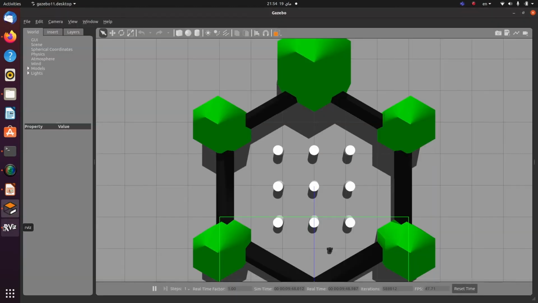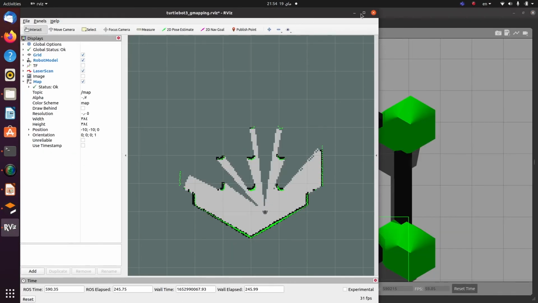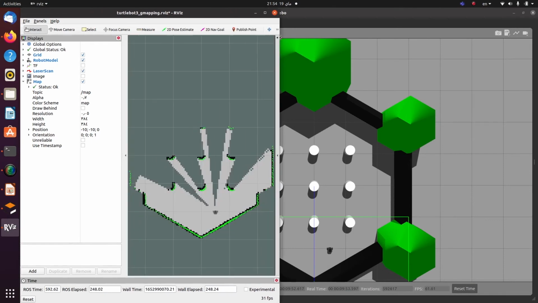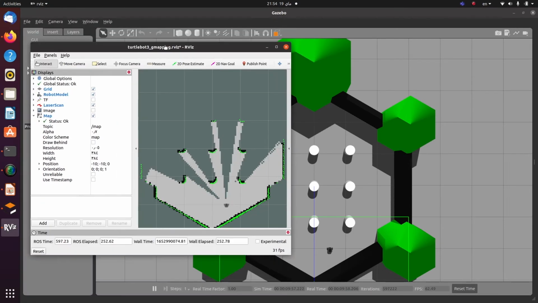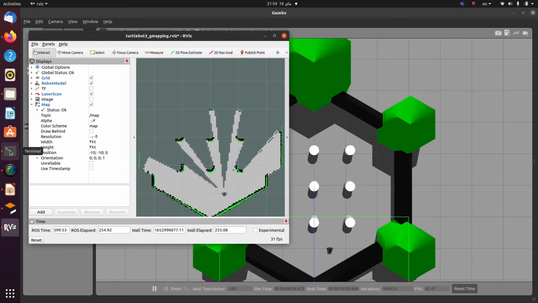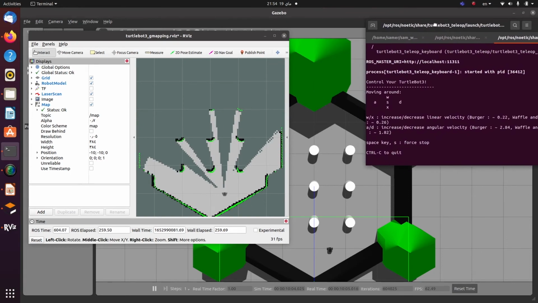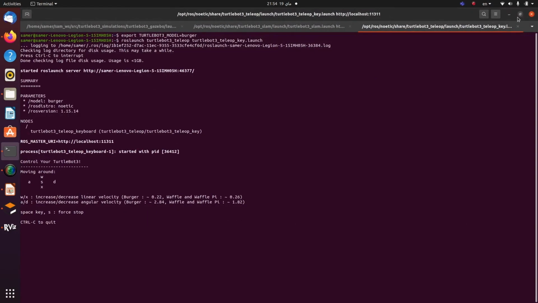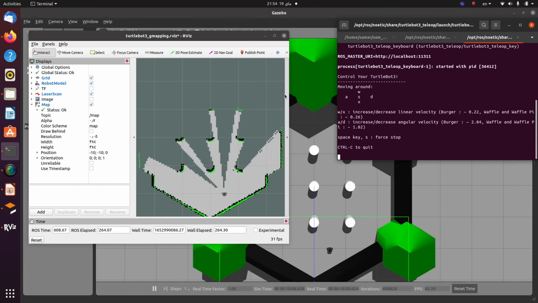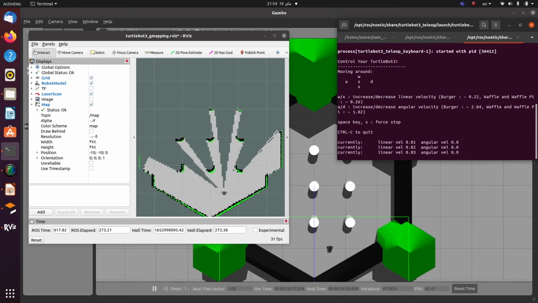So we're going to visualize Gazebo and RViz. Let's minimize that a little bit so that we can have a view of everything. One thing is, I cannot teleoperate without having the teleoperation terminal open, so I need to keep all these tabs open. So let's move forward, for example. I'm going to give some forward linear velocity by clicking W. So I'm clicking W. You can notice here that